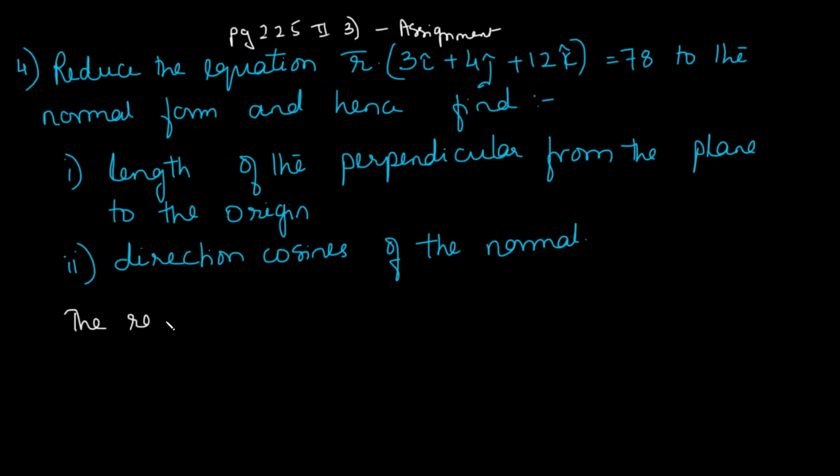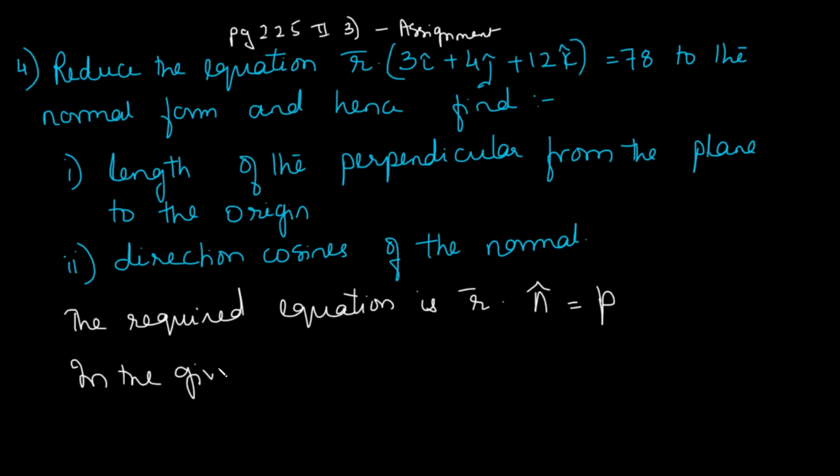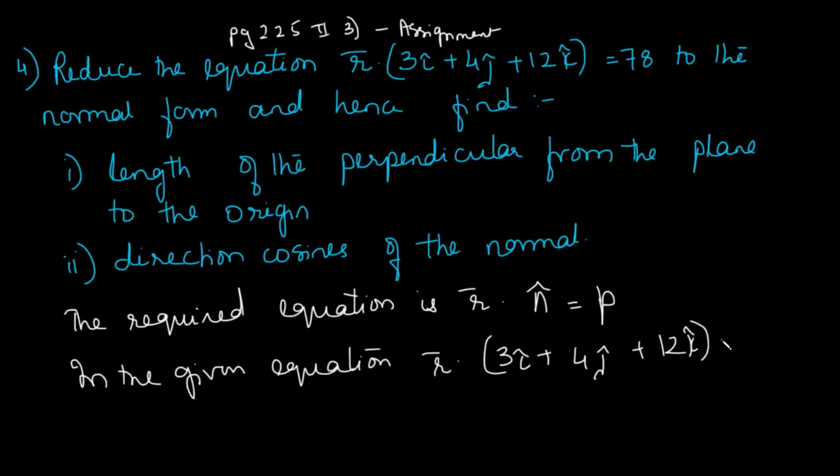That is, the required equation is r dot n cap, just now we learned that r dot n cap is equal to p. Now in the given equation, which is r dot 3i plus 4j plus 12k is equal to 78, we have